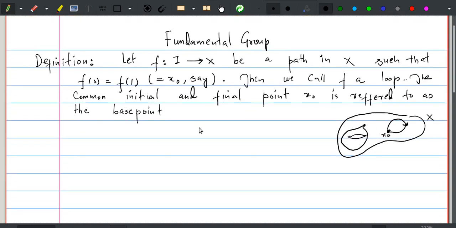First of all, we'll make some remarks here. So this is remark first. We know that the relation of homotopy on the set of all paths with fixed endpoints in any space X is an equivalence relation. So this means that the equivalence class of a path f under the homotopy relation is called the homotopy class of f, and is denoted by